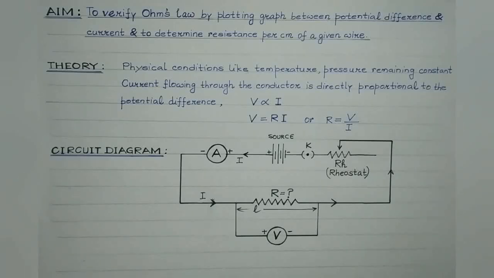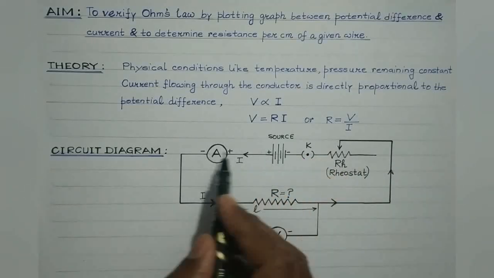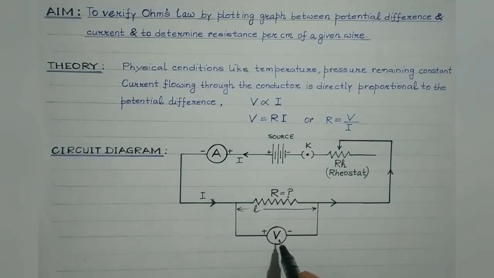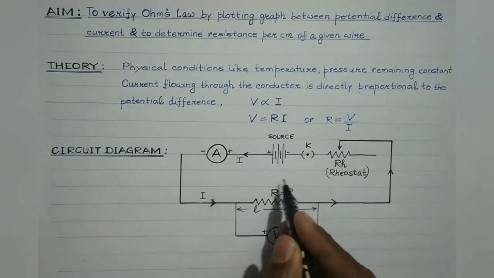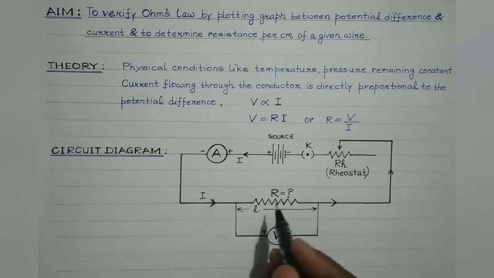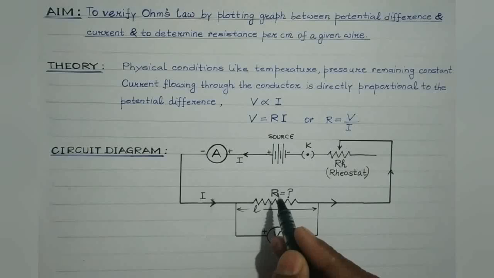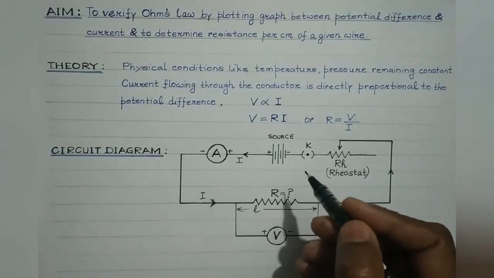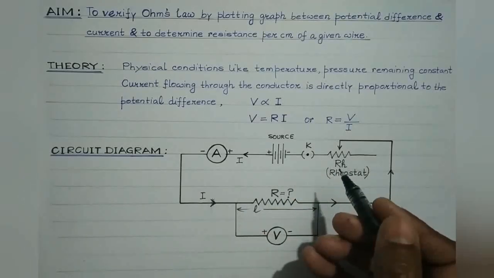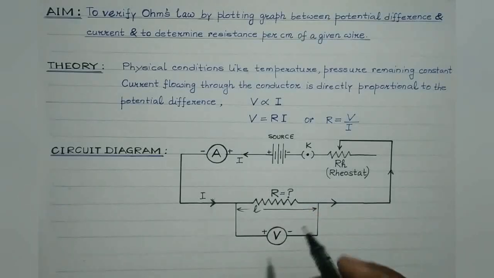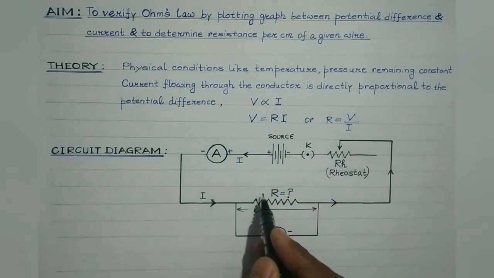Clear, students? So the point to be noted is that the ammeter is to be connected in series. Voltmeter is always to be connected in parallel. And this standard resistance wire, students, it's very important. It possesses two properties, namely it should have a very high value of resistivity and it should have a low temperature coefficient, right? Low temperature coefficient means even with the variation in the temperature, the variation in the resistance is negligible. So it should have high resistivity and low temperature coefficient.